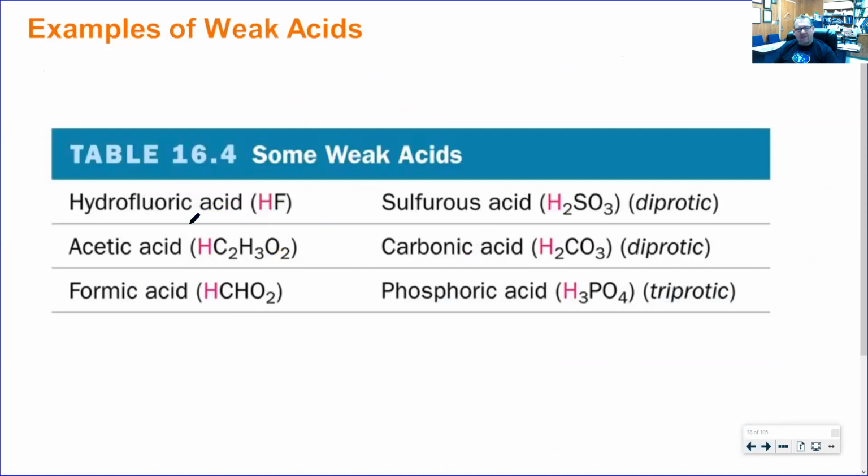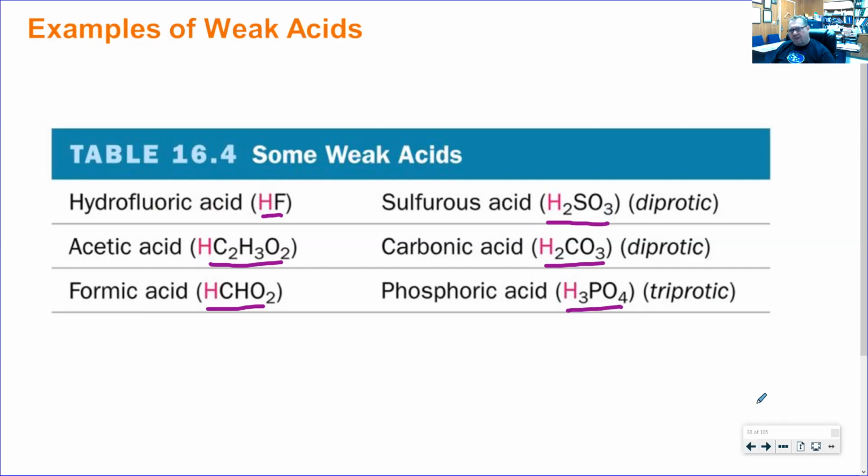So the common weak acids we need to know: HF is a common one. Acetic acid is a common one. We just talked about it. Formic acid, that's the stuff in ant stings. Sulfurous acid. Now, sulfuric acid we just looked at, and we've got to understand the difference between the two. Sulfuric acid was H2SO4. This is H2SO3. And another important common one is carbonic acid, H2CO3. And then a common polyprotic acid that we see in biological systems is the phosphate system. So phosphoric acid is H3PO4.